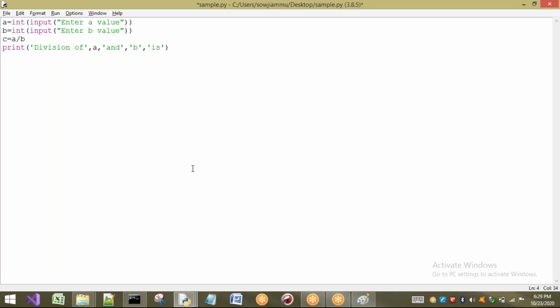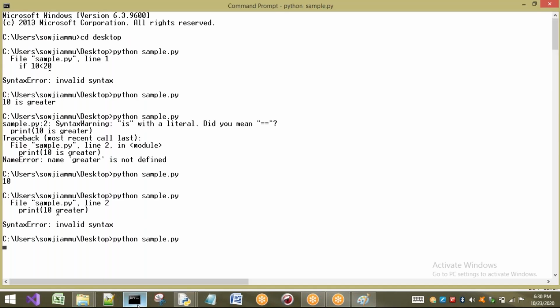Okay, observe here: a and b, meaning I want to print the b value. Observe this one carefully. If you understand this one, you can understand what is meant by a runtime error. Before showing a runtime error, I will remove this bracket and try to execute this program. So see what happens here.